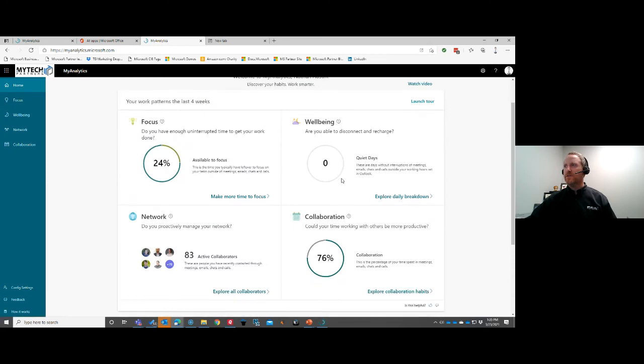Again, the dashboard starts off with four quadrants here. And this is really about, as I started the session with, the two key factors, not necessarily the major or the only factors, but two key factors in time management and productivity: how do you spend your time and with whom? That's a lot of what this analytics and data is coming from, and that's really what this is focusing on. You can get into each one of these modules here or along the columns along the side. So it's probably a little more than you asked, but hopefully that helps.